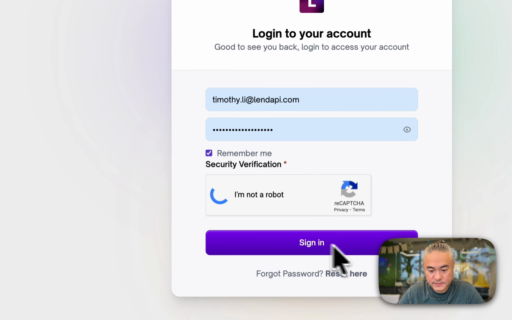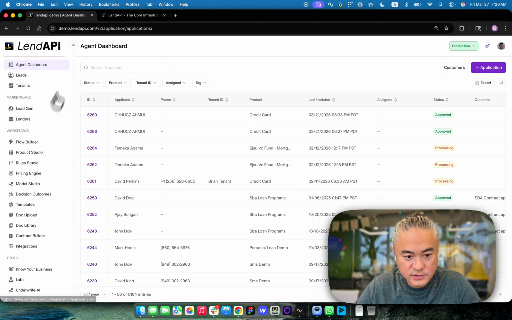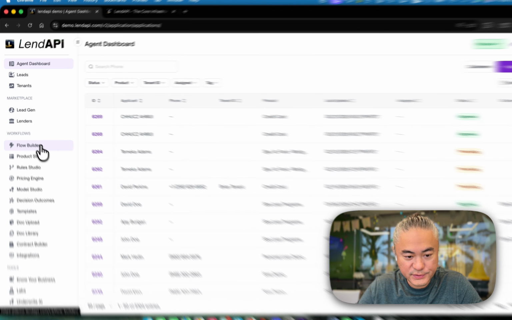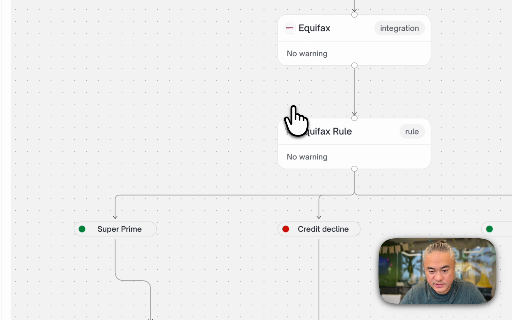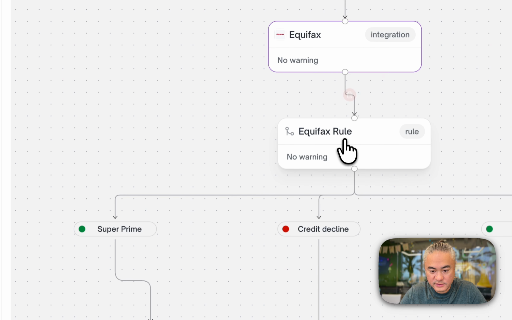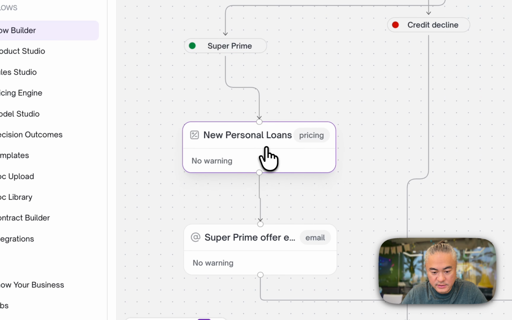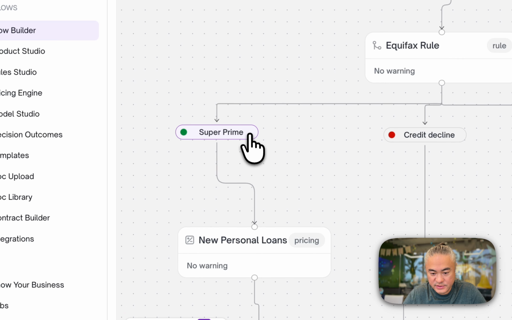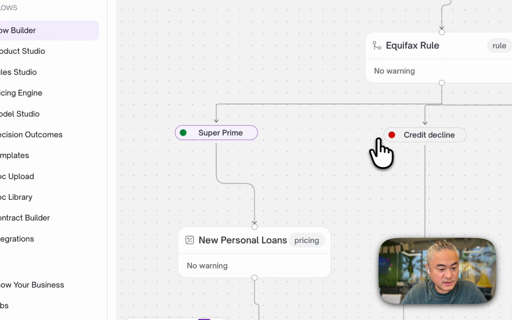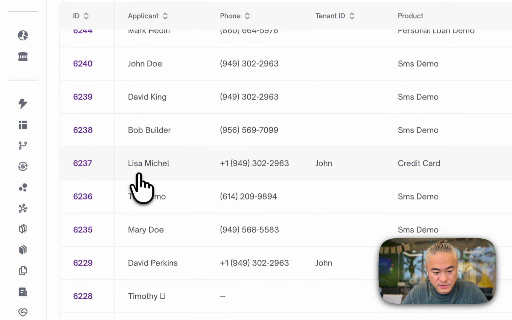Give it a second. And of course we have our trusty builders here. Real quick, we have a flow builder. You can actually build any type of API integration here, depending on the outcome. We can trigger different rules, emails, and things like that. So you can truly build to your car's content. But what I'm going to show you today is in our agent dashboard, we've integrated a